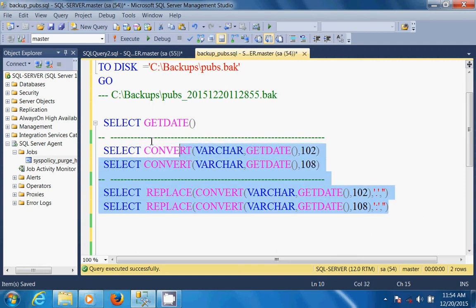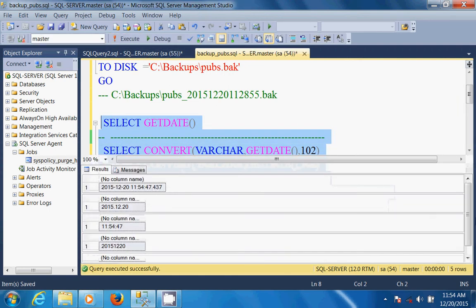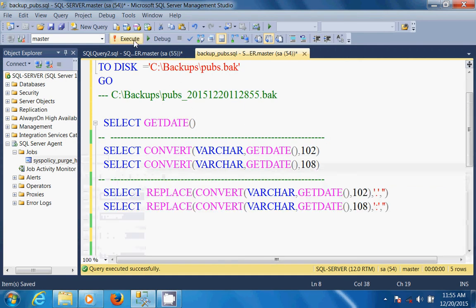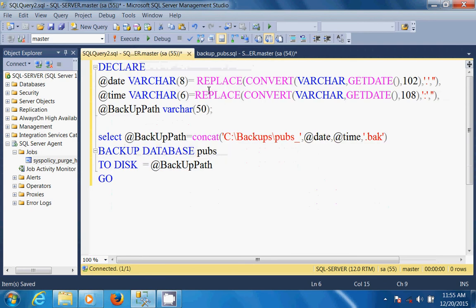When I execute these five select statements at a time, it is generating, see here at the bottom, without special characters. This is the date and this is the time. I have to concatenate these two, then only I can generate the client requirement string. I have already generated it here.